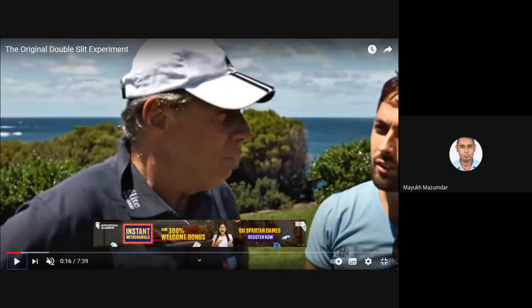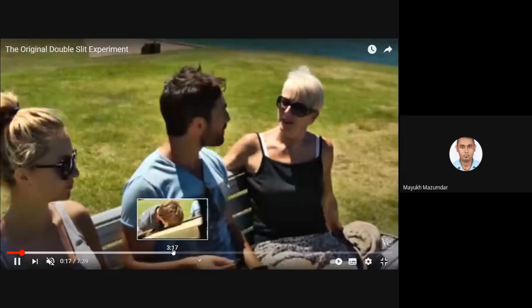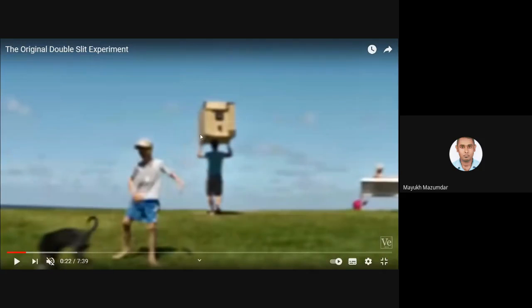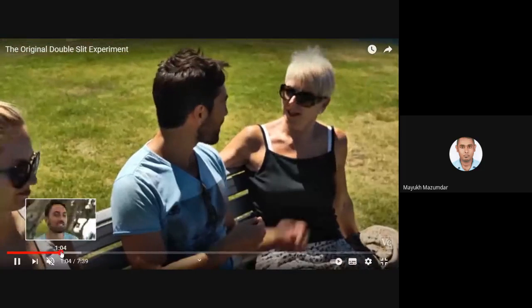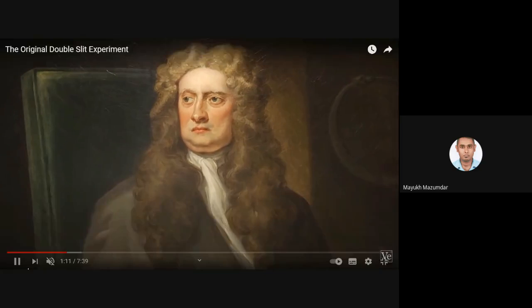He was a well qualified academician in the States, and what he's trying to do is carry out this Young's experiment, the original one, using sunlight. So he has made a cardboard box, and he went to the park and was asking people what they expect to see if sun rays are made to fall through this small hole. Obviously, not everyone is a physicist out there, so they just gave their own thinking that yeah, I will see that bright light only.